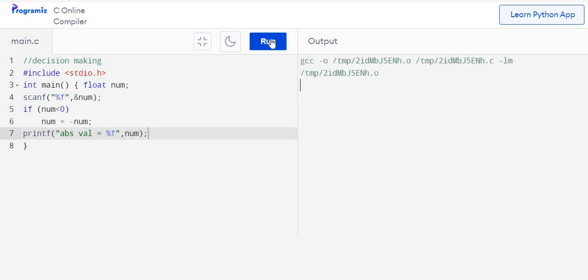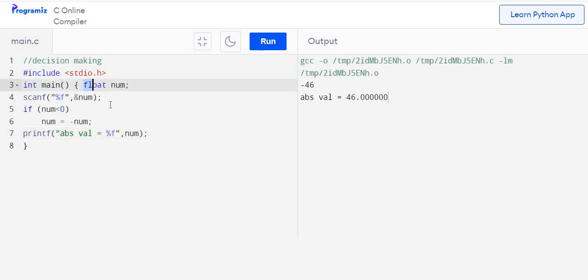So run the program. In scanf, we forgot to give the instruction to the user to enter the number. So directly scanf is executed. So this blinking cursor is asking for a number. I give the number, say 68. So absolute value is this. Rerun the program. Suppose I give minus 46. Absolute value is 46. So it is converted. So in this way the basic if statement is used.